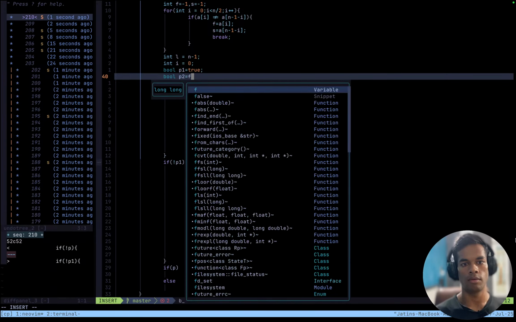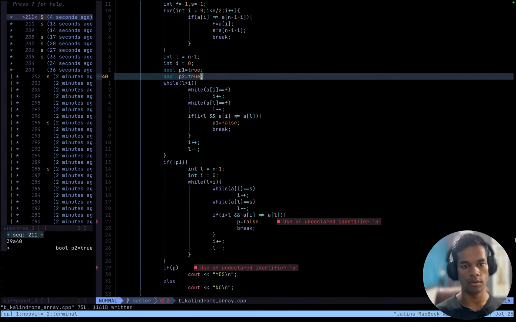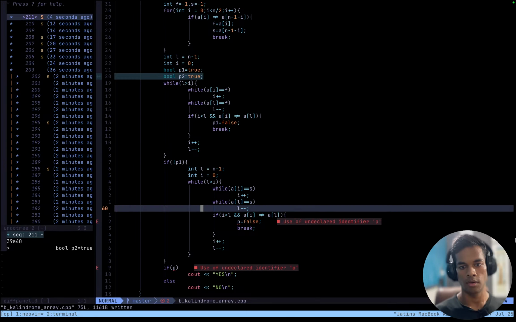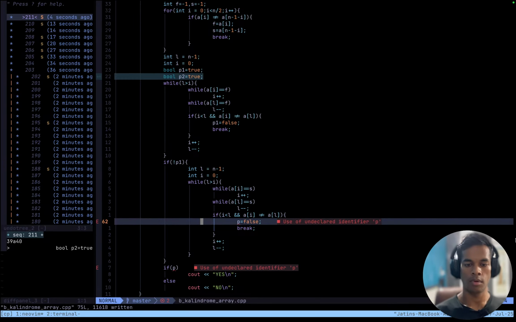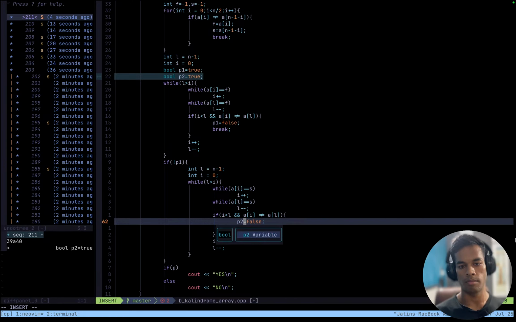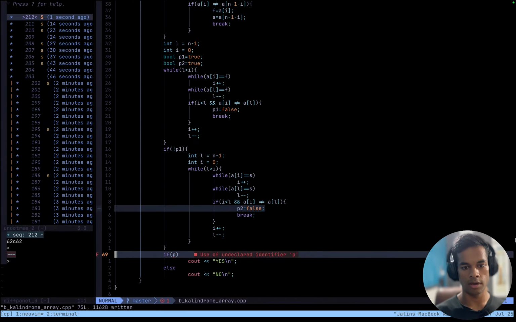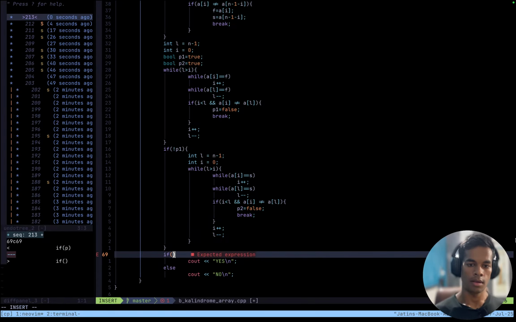P2 equals true, and P2 false, and if P1 or P2, then do this.